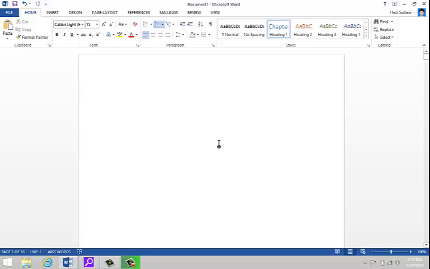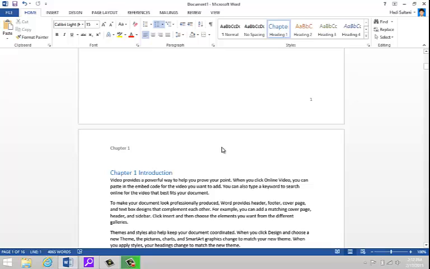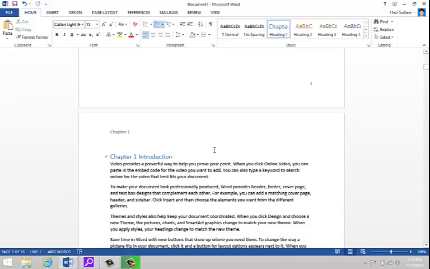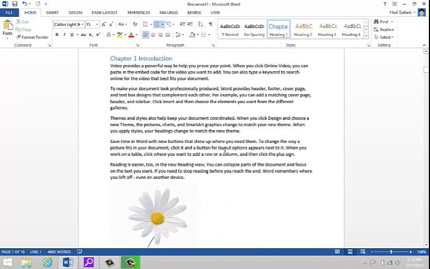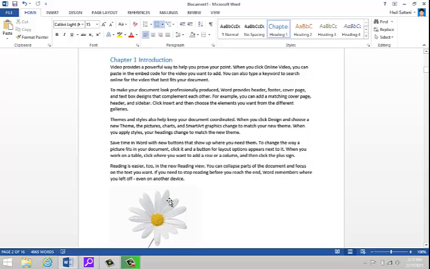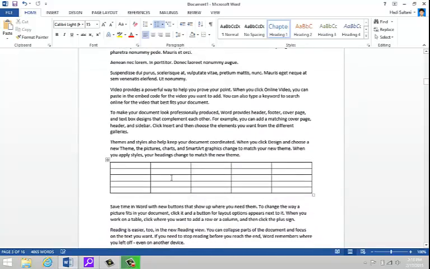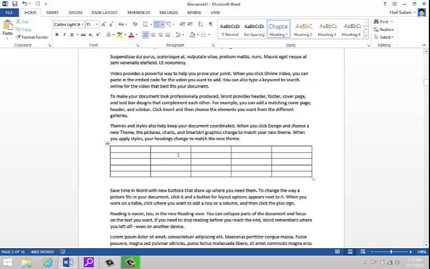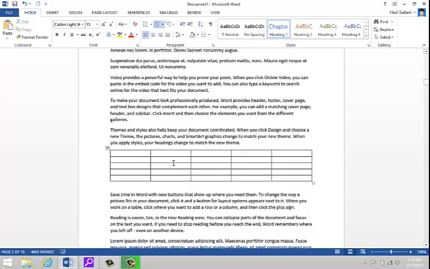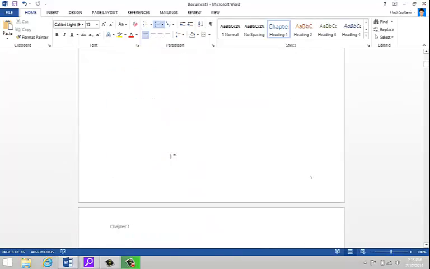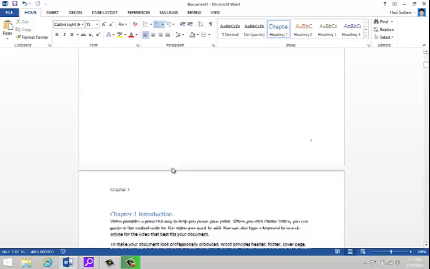So for the sake of demonstration, I have a Microsoft Word document here and I have some randomly generated text, and I have divided this document into 4 sections, each section for a chapter. So here I have also downloaded some images from Google Images, some images of flowers just for the sake of demonstration, and I have some empty tables. I expect you to have a document and you have properly divided this document into different sections. So enough talking, let's start